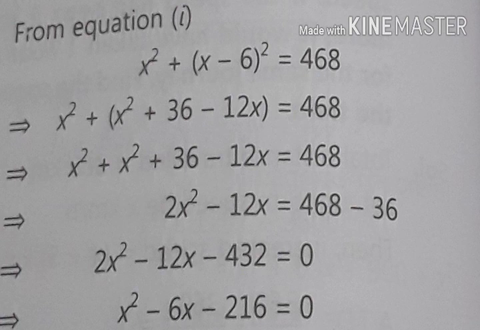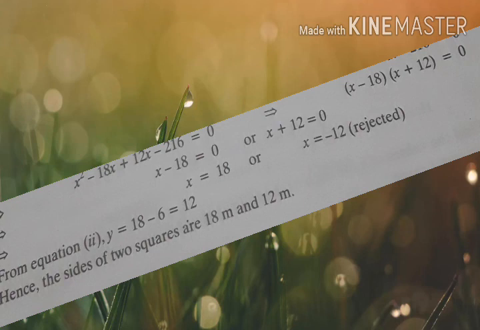Then here also I use the splitting the middle term method. So here I want to get product as negative 216 and difference as 6. Bigger number will be negative, smaller will be positive. So which are the two numbers? Product 216 and difference 6, that are 18 and 12. If you have any confusion there, the method is not mentioned, so you can apply the quadratic formula also. So here 18 and 12 are the two numbers. 18 has the negative symbol and 12 has positive.